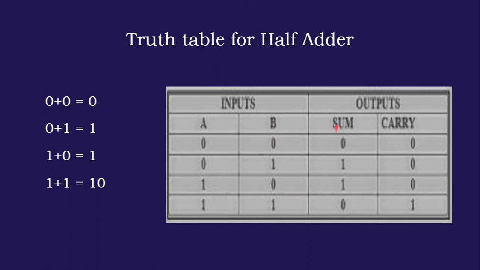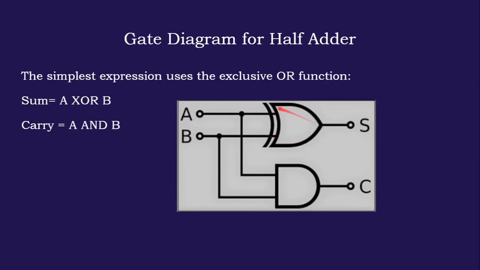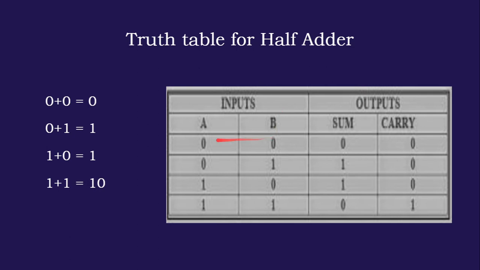Now what is the output? Output is the exclusive OR function of A and B. We have seen in the previous slide the sum is the XOR of A and B. So how to find out the XOR? What the XOR definition says is that when both the inputs are same, the answer is 0. When both the inputs are different, the answer is 1. That is the concept of XOR. The expression is A bar B plus A B bar. That is the expression for the exclusive OR function.